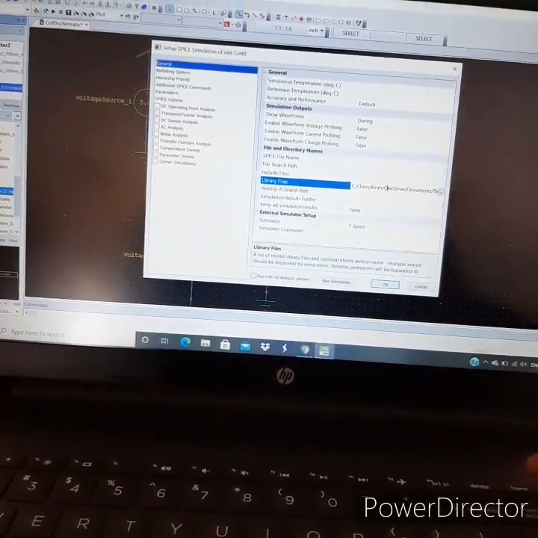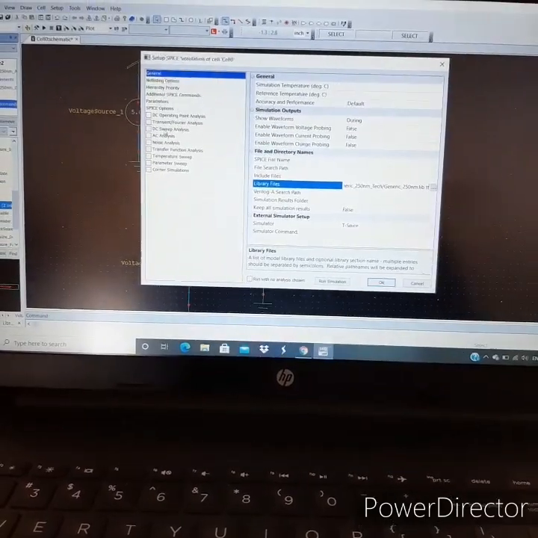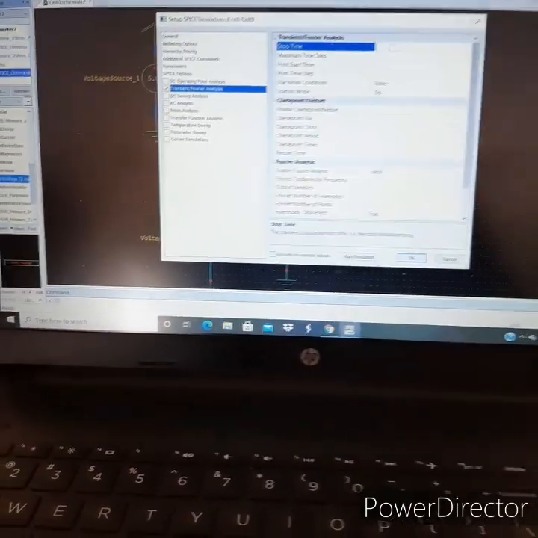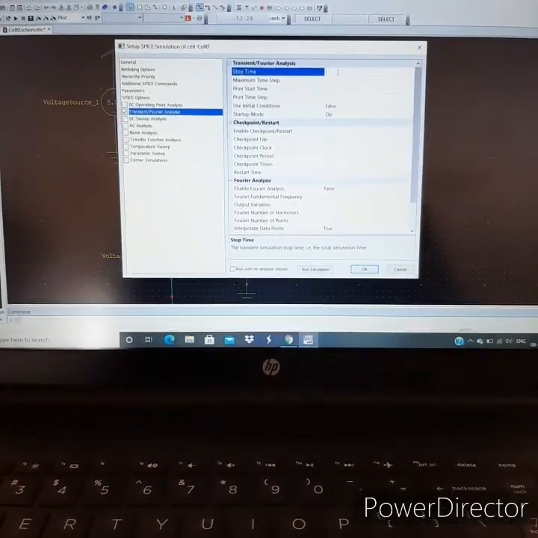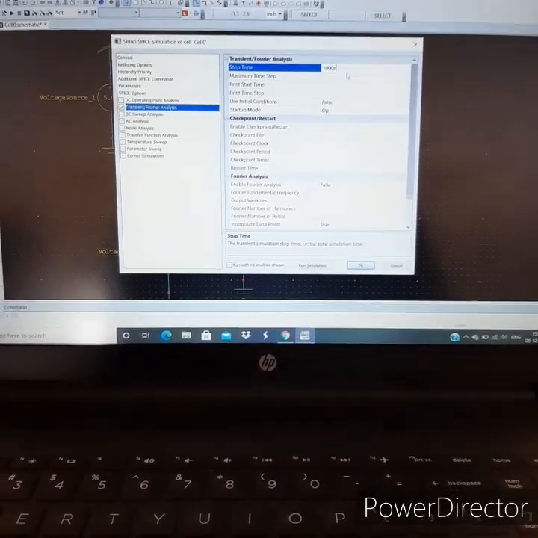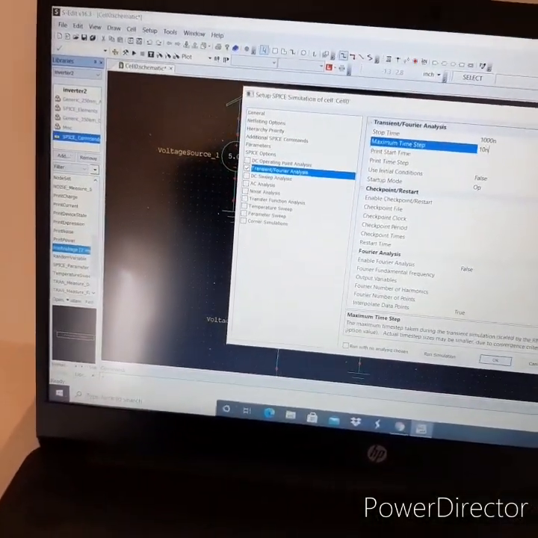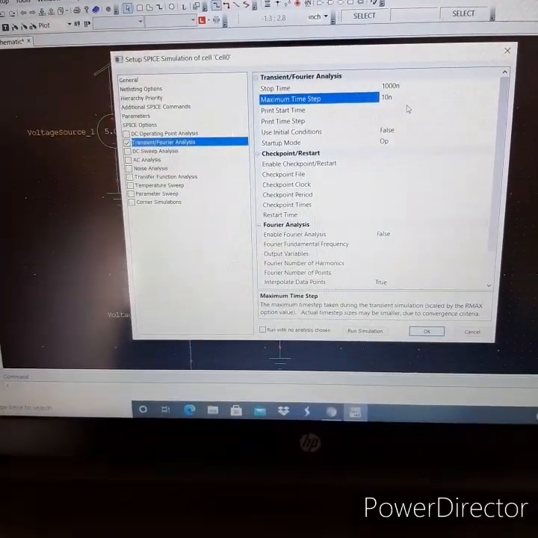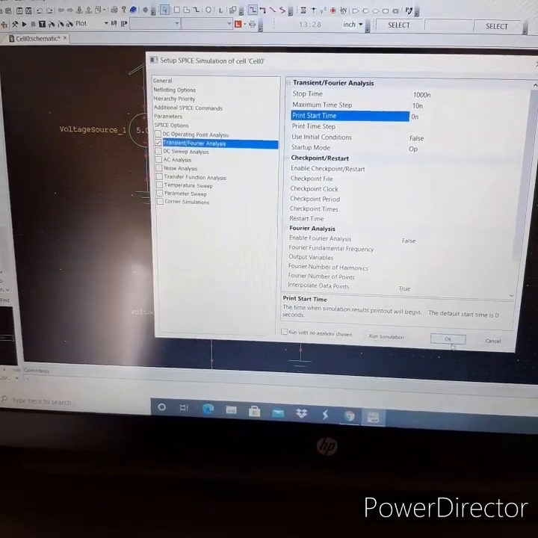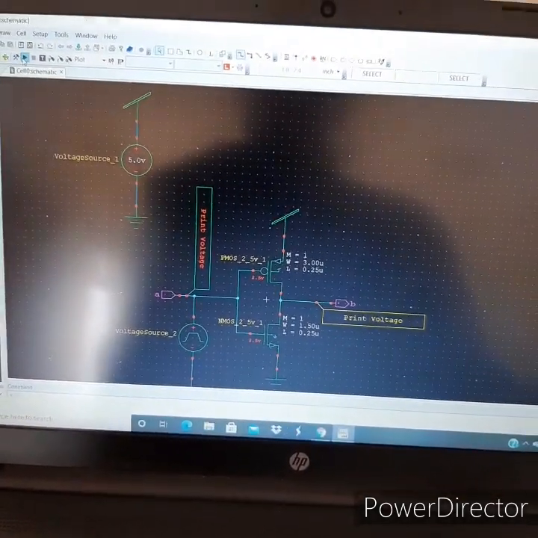At the end we need to include TT as an extension. Then click Transient or Fourier analysis for viewing the waveform. Enter the stop time as 1000 nanoseconds, maximum time step as 10 nanoseconds, and print start time as 0 nanoseconds. Then click OK, save the file and run the simulation.